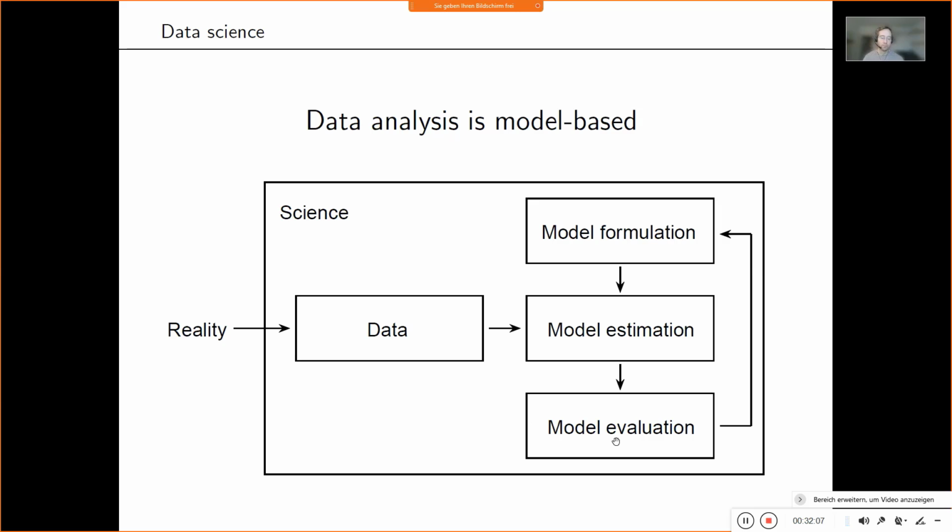And then you want to evaluate this model, for example, whether it's making good predictions or whether certain parameters or estimates are unlikely to arise from chance, in kind of hypothesis testing. And then you want to build a better model. And of course, this is the same idea as this Cox, I think it's Cox quote, like all models are wrong, but some models are useful.